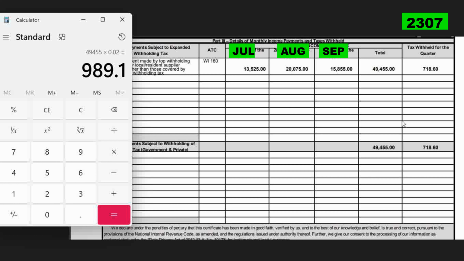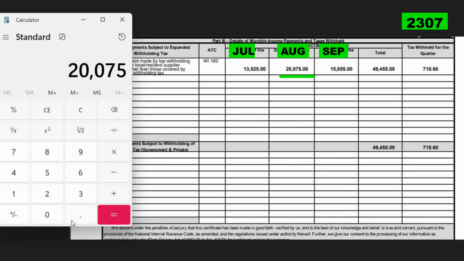Itong gross income ko, kasi ito ay before tax. And, nag-start lang yung kaltas ng second month of the quarter. August siya. Kasi may bagong tax rate na nilabas. Ang ikakaltas na lang nila ay 2%. Whether lumagpas ka or hindi, 2% ang ikakaltas nila. So, nag-start siya ng August. Kaya,